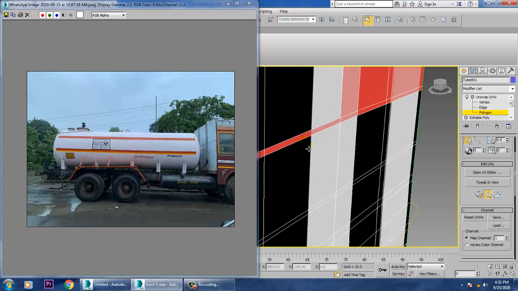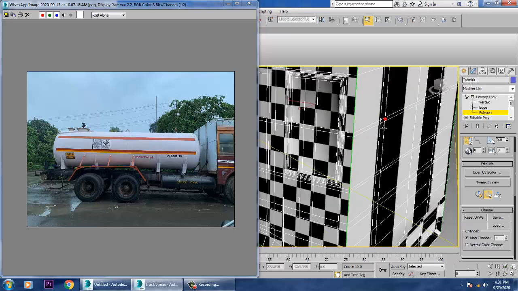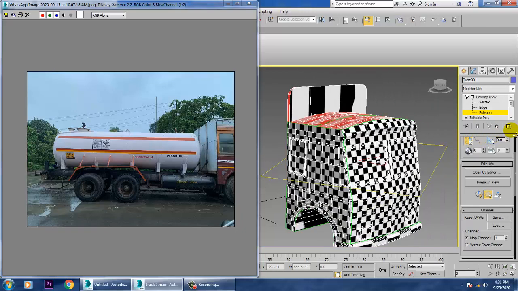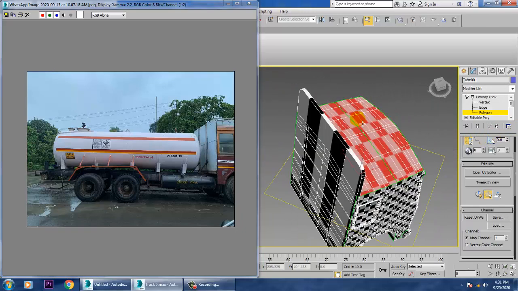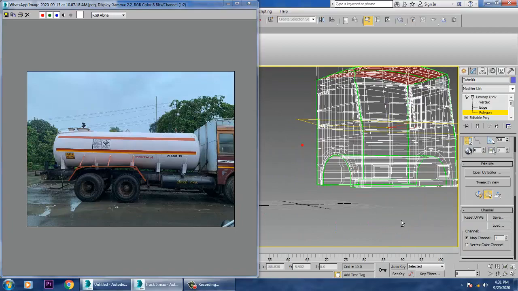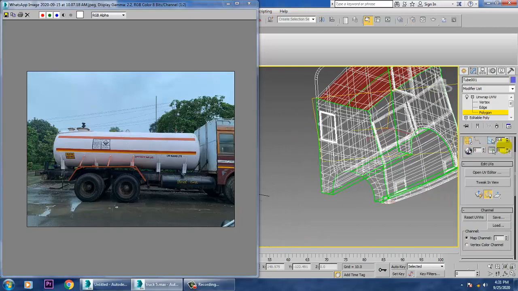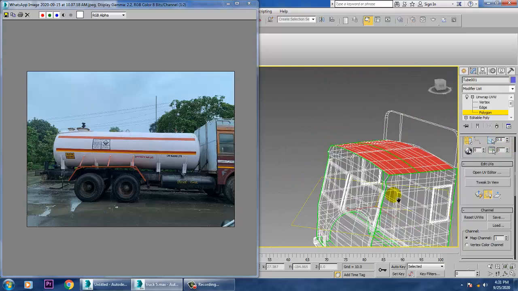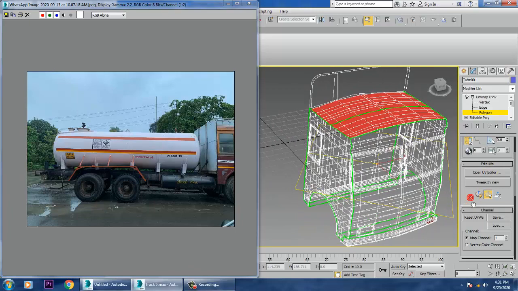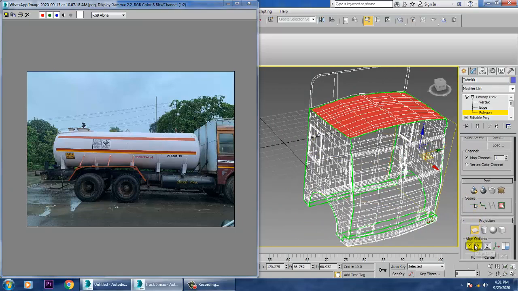So what I'm doing right now is excluding this particular area. Alright. Okay. Once you're done with this, check whether it's going to be perfect over here.